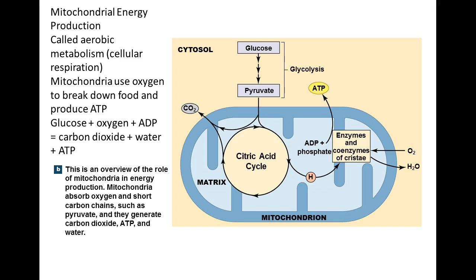That releases ATP, so you make some there, and that is done without oxygen. Then as the pyruvate goes into the mitochondria, it goes into the Krebs cycle, or the citric acid cycle. In the presence of oxygen, you start pulling off and breaking that down, and then it goes into the inner folds after you have pulled an electron off of one of the hydrogens, or off of as many of the hydrogens as you can. It goes into the inner fold, and this is where the electron transport chain takes place,